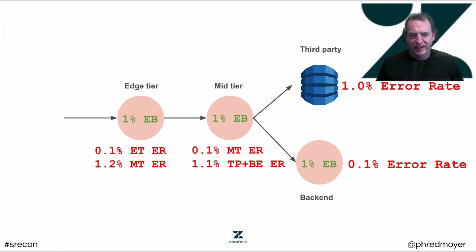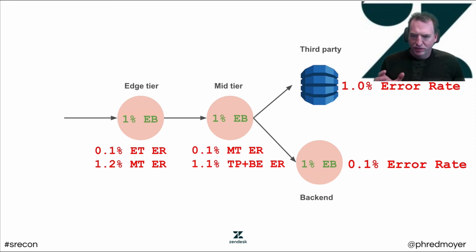We've assumed here that the error burn is additive from both dependent services, but that might not be the case. It could be you have a fan-out situation where you get, essentially, an intersection of those values. And it depends on how your service manages those dependencies. That's an implementation detail I'll leave up to you. But what is clear is that when we traverse the service graph towards the client, the error rates are generally additive. The mid-tier service sees an error rate of 1.2%,